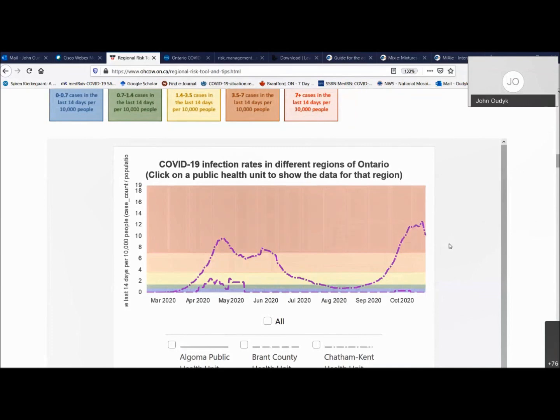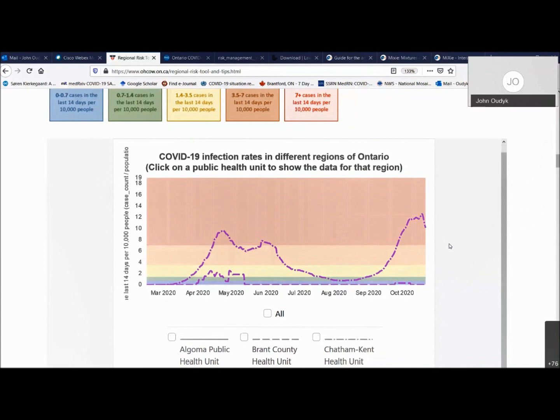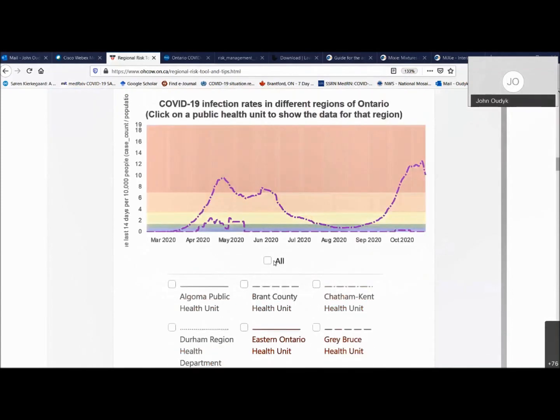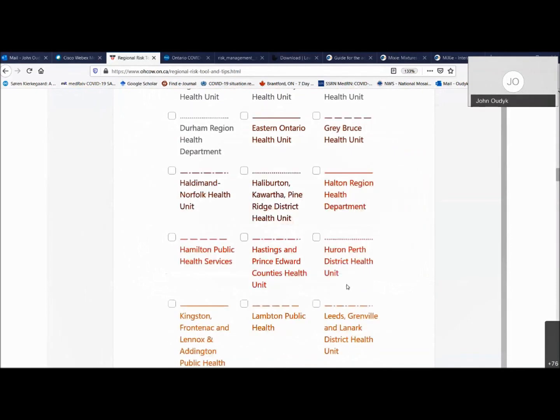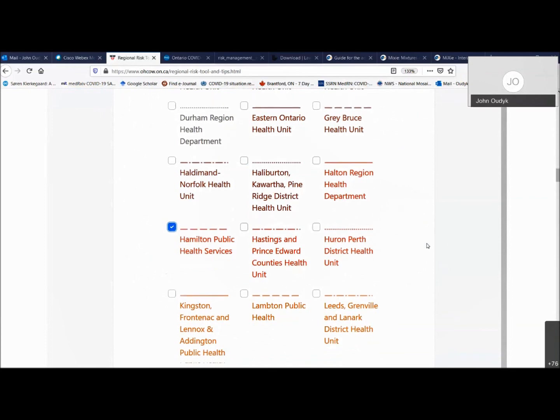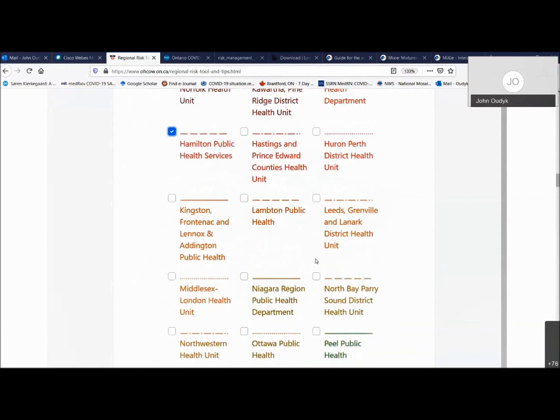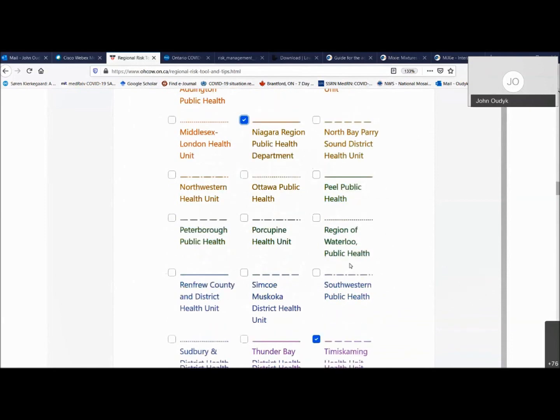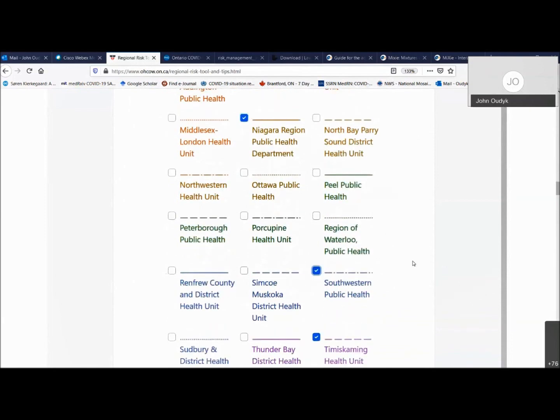And so we decided to use this tool, and I'll try to give you an example of our workplace. In our workplace, I live in Brantford, and the workplace is in Hamilton. We also have people who live in Niagara who go to our workplace and who work in the southwestern public